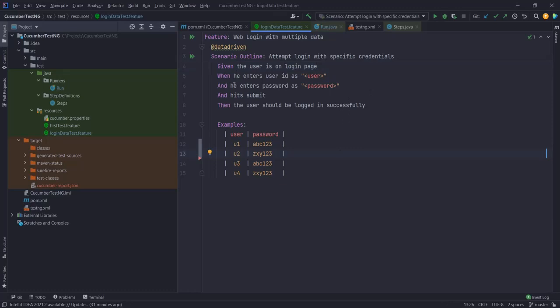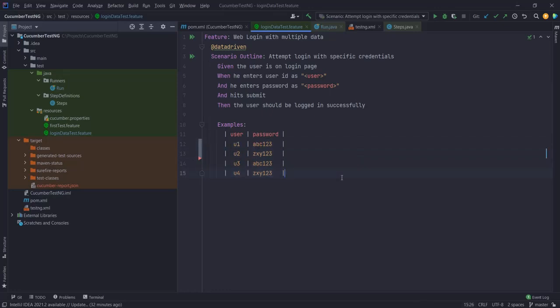Like I said, scenario outline is a template of a scenario. So Cucumber would read these lines and, during execution, insert the data everywhere where I say user and password and consider that as one scenario. So during execution, these would be executed as four scenarios, because I have got four rows in my data table.